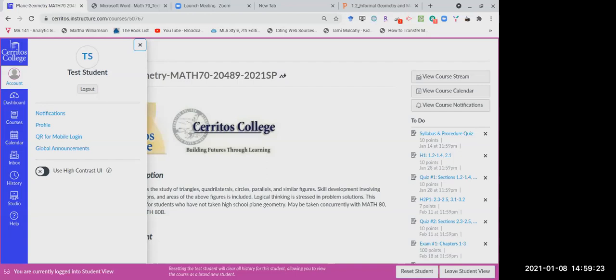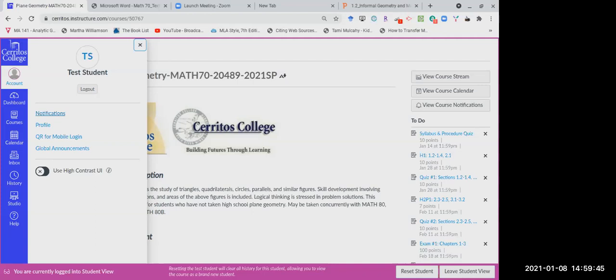I won't be able to show you that in this tutorial because it doesn't allow me to change notifications on the test student interface. But you'll have notifications for announcements and for homework assignments and for other things.